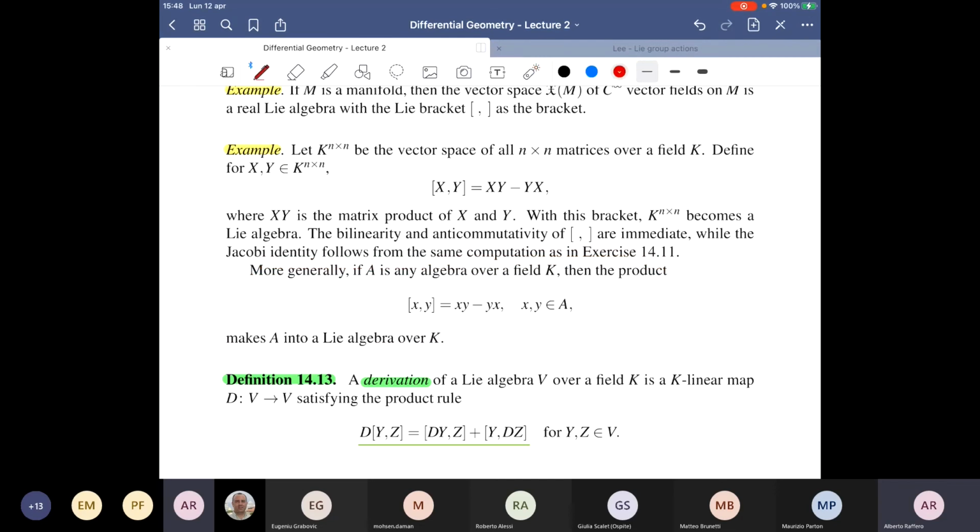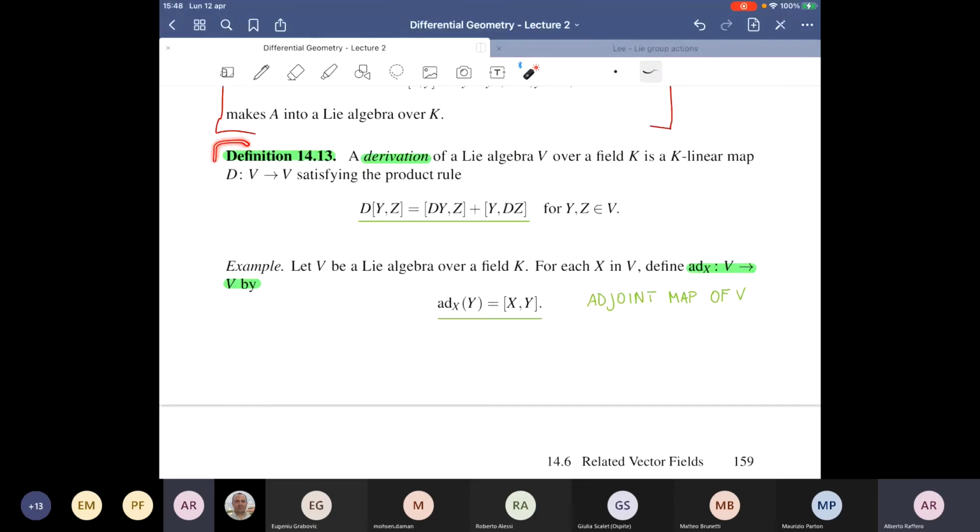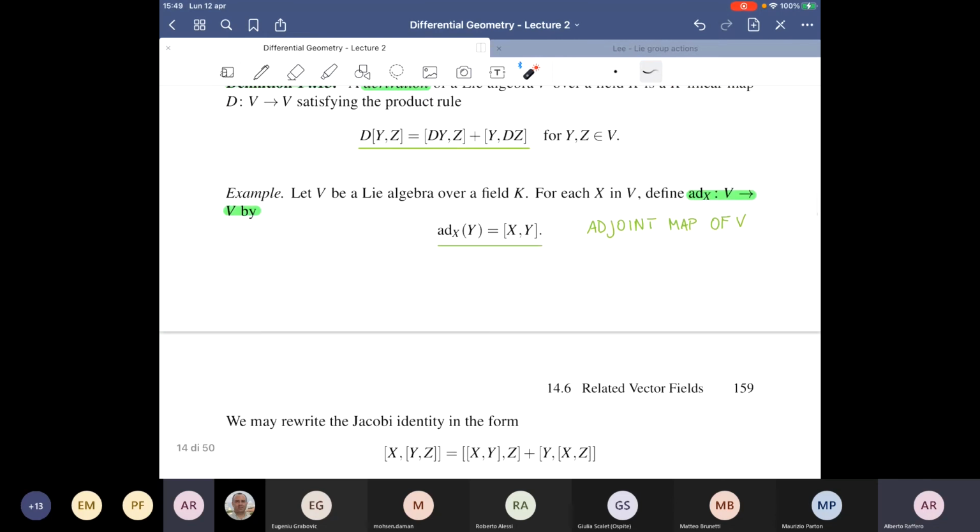But of course, if you don't remember what an algebra is, or you don't want to proceed in this algebraic work, then you can also ignore this last part. And I think that we can skip this information here. You have some definitions of maps between Lie algebras, but we won't use them later. So I will skip this definition here. It's just a definition and does not add much more to what I'm going to say later.